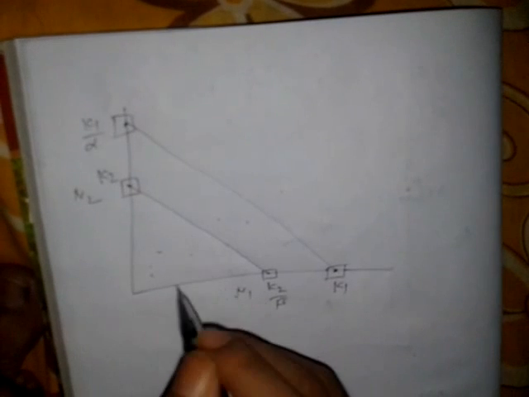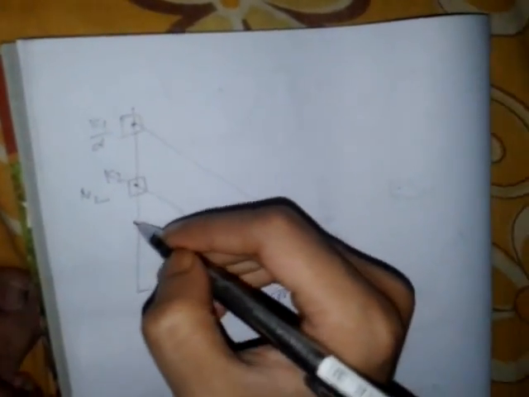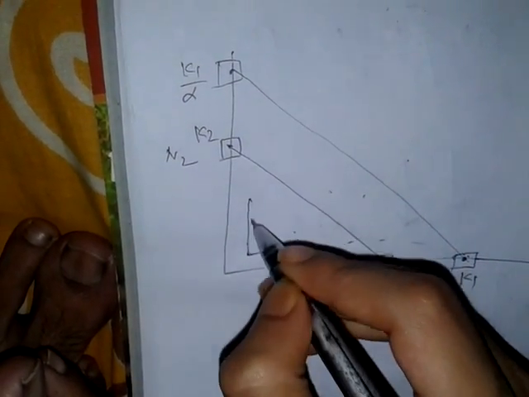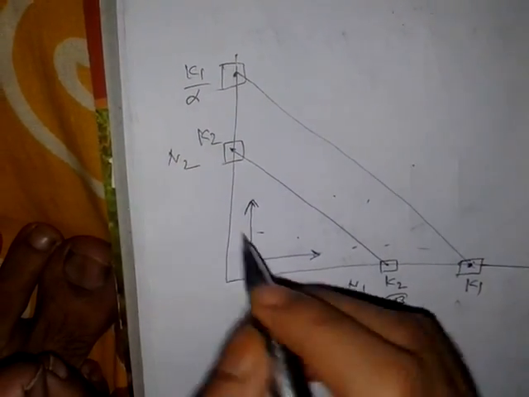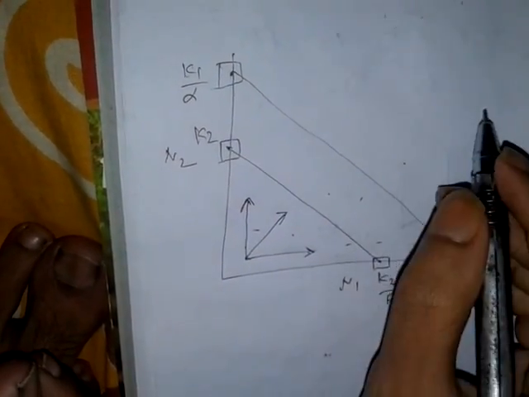In the case of species 1, the increase in the species 1 population can be represented by this horizontal arrow. This horizontal arrow indicates that the species 1 population is increasing towards this K1 value. And this is the carrying capacity for species 2. The species 2 population will increase towards its K2 value, and it can be represented by this vertical arrow, and the joint vector therefore will be pointing upward.